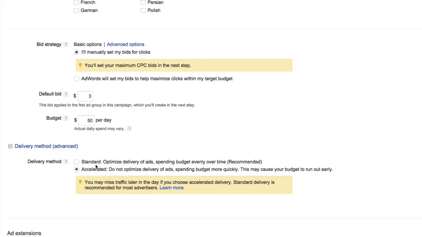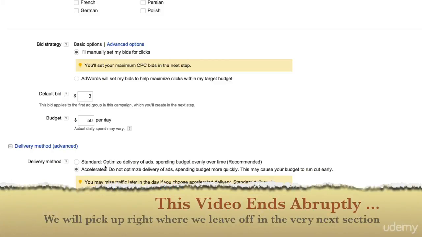Now listen, if you click standard, it's not a big deal. There won't be any major differences. This will not spell the success or failure of your campaigns. In fact, it's very rare that any one setting or any one option is going to make or break the success of your campaigns. It's everything together. It's understanding how all the elements work with their counterparts that's going to ultimately create a very, very successful campaign. Moving down